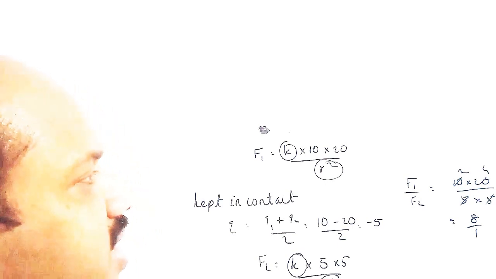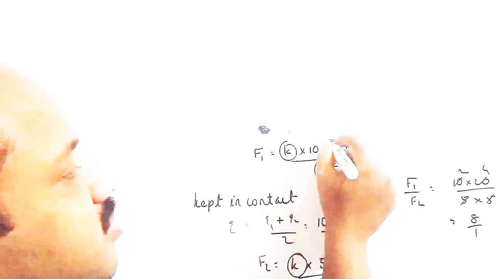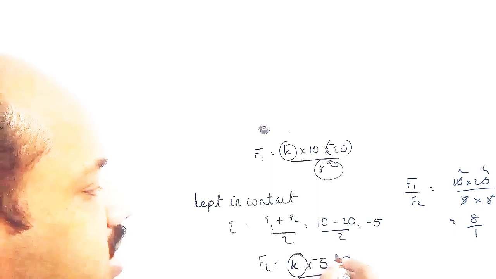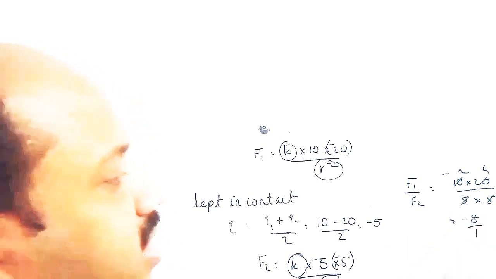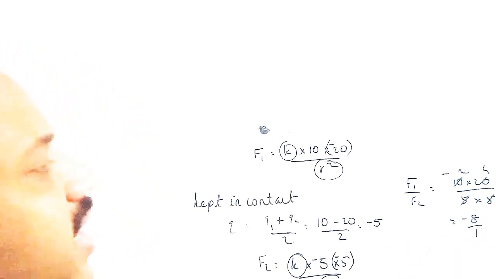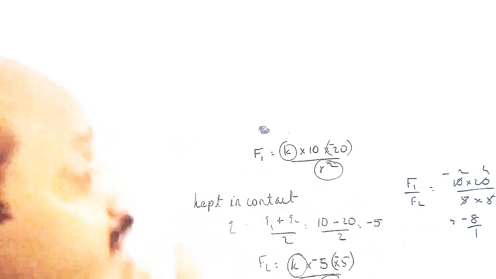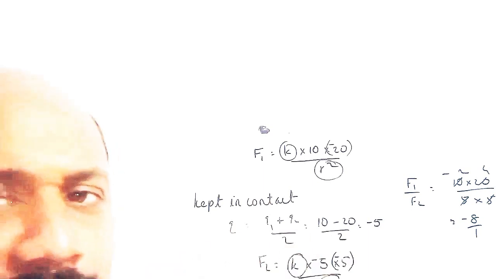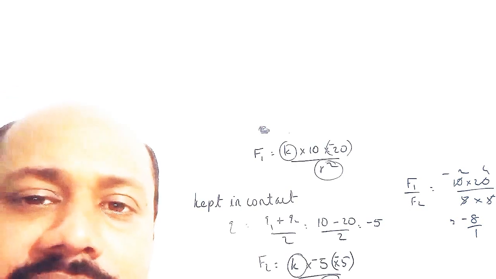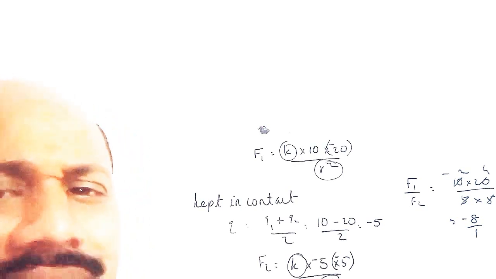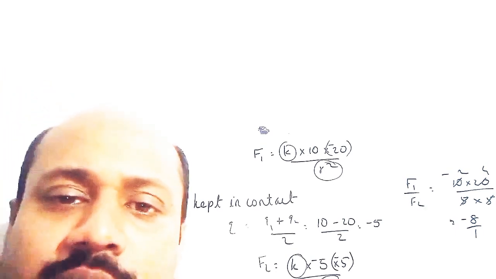Now one more thing is that there is a negative sign. Better to take the signs. One is attraction, this plus 10 and this minus 20, that is attraction. Now both are minus 5, that is repulsion. So it is minus, and here it is plus, so minus 8:1. The sign is there. Here it is attraction, here it is repulsion, so the ratio should have a negative sign. If you know that, then there is no need to put signs. Better to put the sign in every equation, then we'll get the correct answer. That's a better one, I think. Yes, the best option is minus 8:1. Even though we do not take the sign, there is only one option with 8:1. Answer is 2.